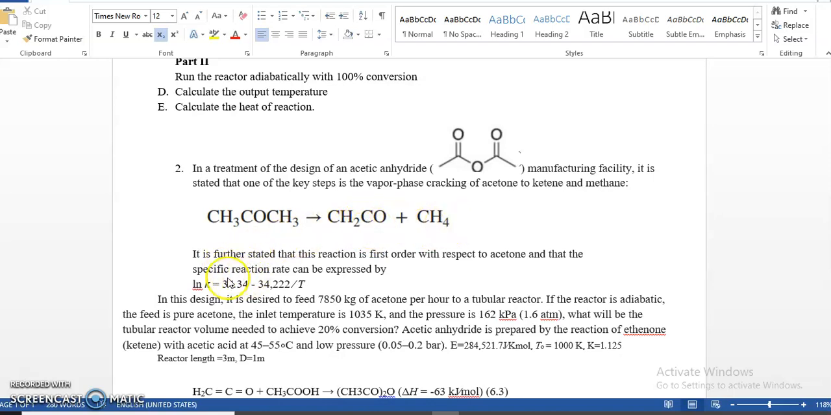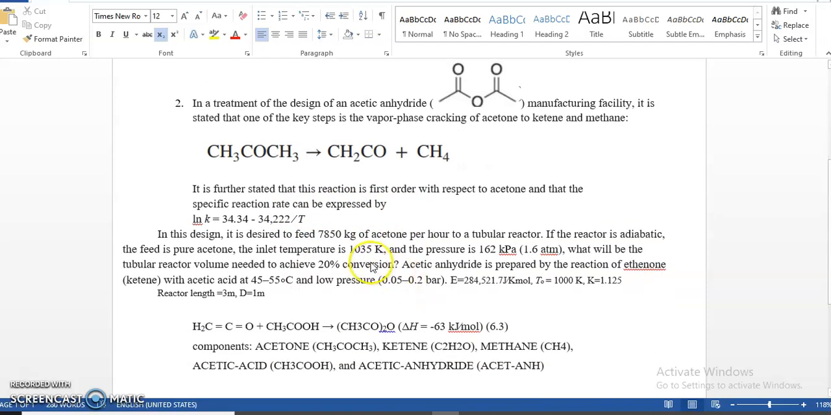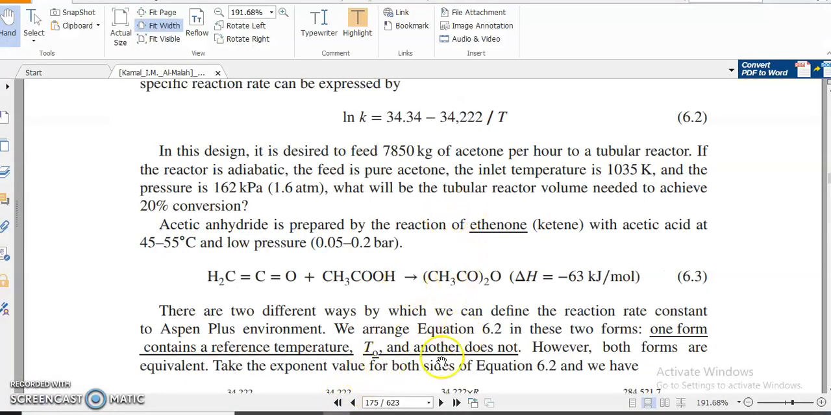It is further stated that this reaction is first order with respect to acetone, and that the specific reaction rate can be expressed as ln K equals 34.34 minus 34,222 over T. So here we have the original statement, and in this design it is designed to feed